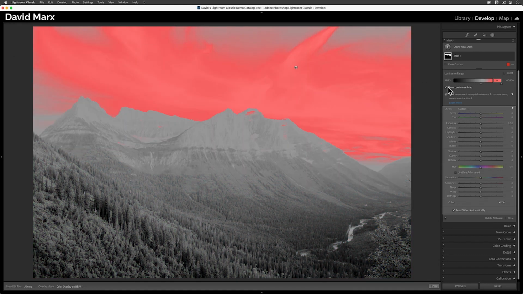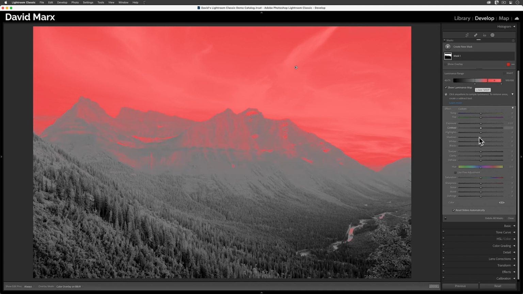And this selection looks a little too tight to me. Right now, there are parts of the sky that are not included in this red overlay. So I'm going to expand my selection out by dragging here, and I'm also going to bring this lower falloff control down a little.